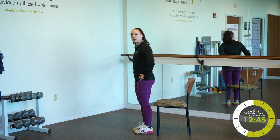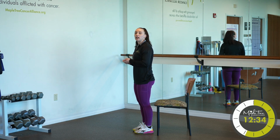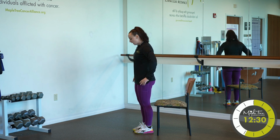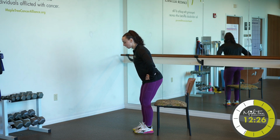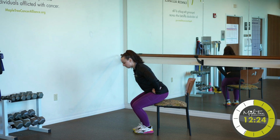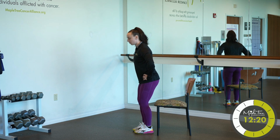And so we want to try and keep our back as straight as possible so that we get that good core and back activation. And we're going to do 2 sets of 20, just like with everything else. And if you need a lower target, I encourage you to do that. All right, hands on our hips. And we're going to hinge at our hips, bend our knees over our toes, touch that chair, and stand back up. And 1,